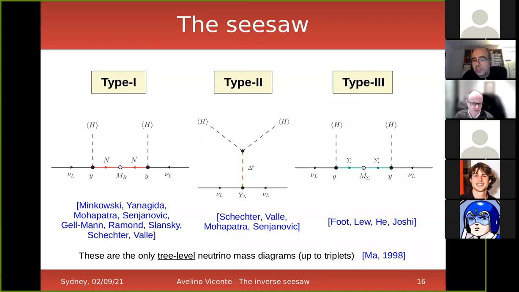However, it is also true that these models are boring as far as phenomenology is concerned, because precisely due to the fact that these guys are so heavy, there is no way to produce them in current experiments, and maybe we will never be able to produce them because they are super heavy. And that's why people are looking at other directions, which are also interesting from the theoretical point of view, as interesting as the seesaw, but more interesting from the phenomenological point of view.